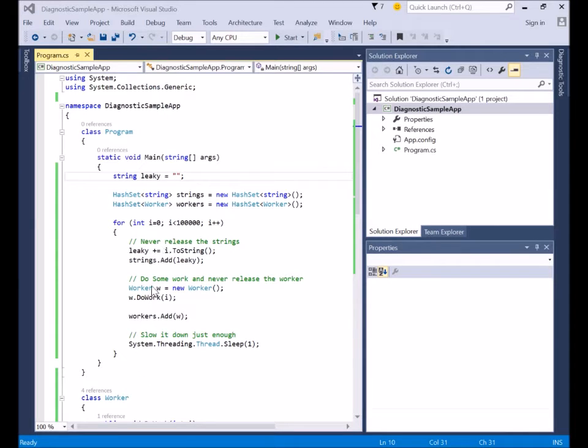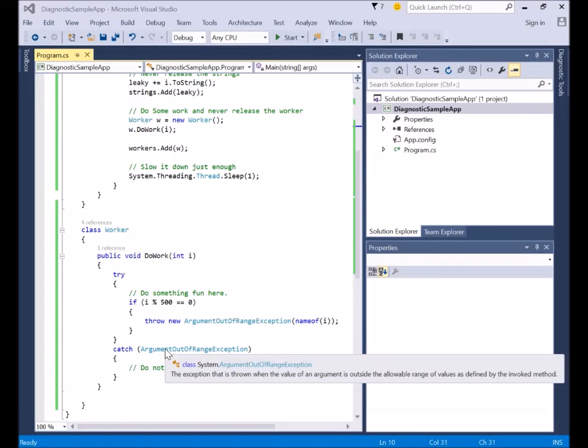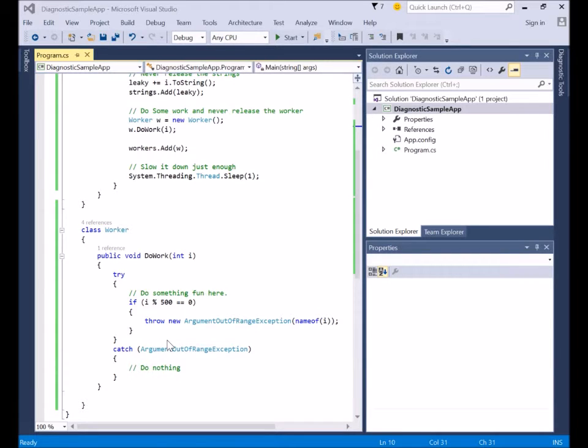And then I create a worker class. I do some work with it. Then I add that to a hash set just to keep those around for a little bit. Add a little sleep here just to slow things down so we can diagnose it before we completely run out of memory. And then I have inside that worker class the doWork method. Every 500th iteration, it's just going to throw an exception. It's just going to throw an argument out of range exception. We're actually just going to catch it and do nothing with it, just to demonstrate some of the functionality that